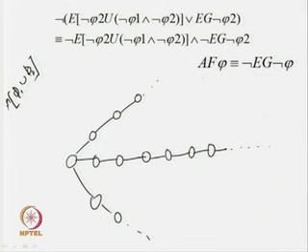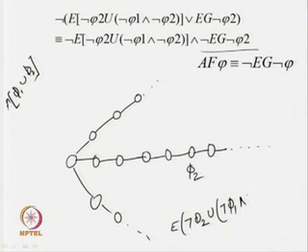So, it says that in all paths in the future phi 2, this second part basically, must hold. So, I will say that in the future I am going to have this particular phi 2. That means, in this particular path in the future I am going to get phi 2. And along with that, it must be true for this portion: not of E, not of phi 2 until not of phi 1 and not of phi 2. So, what it says is that I am going to get the formula E not of phi 2 until not of phi 1 and not of phi 2.